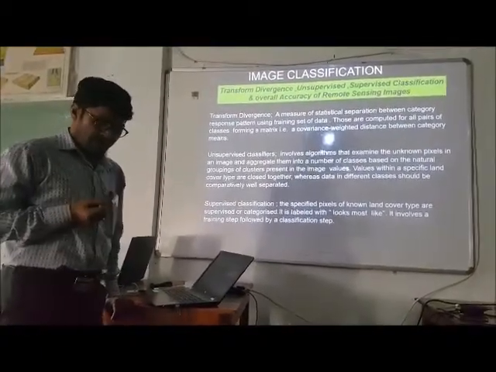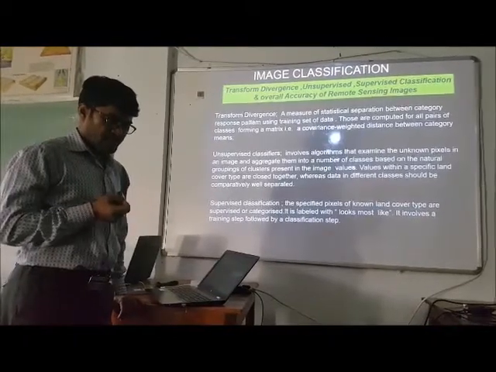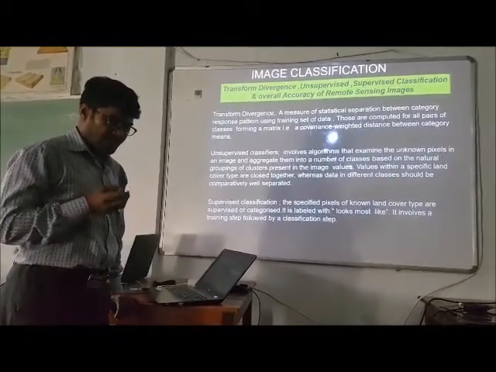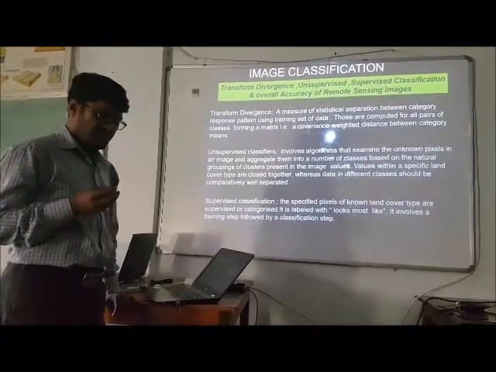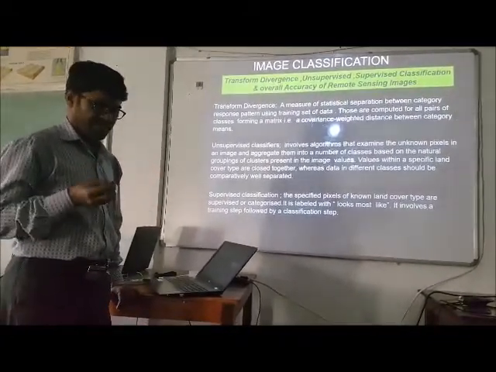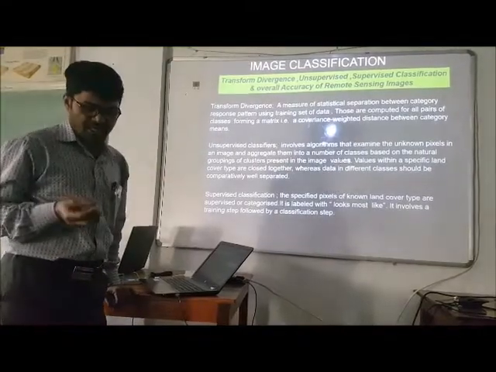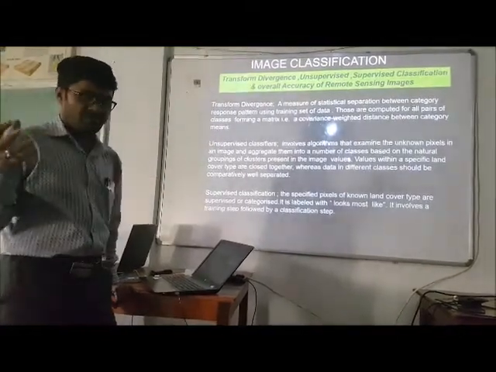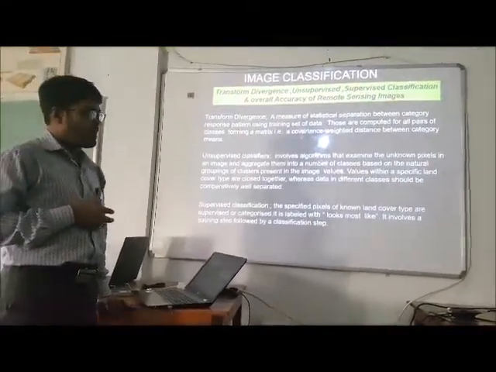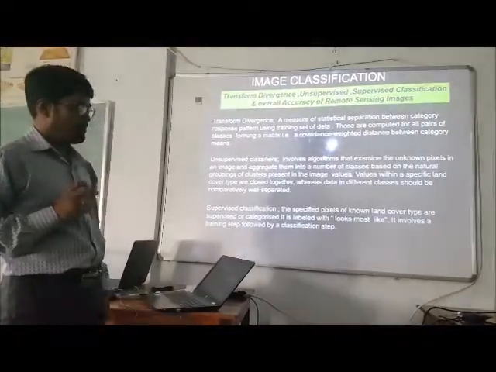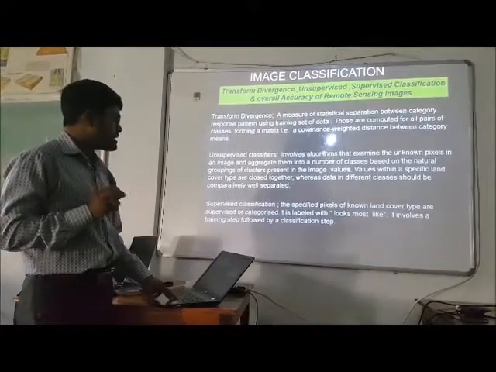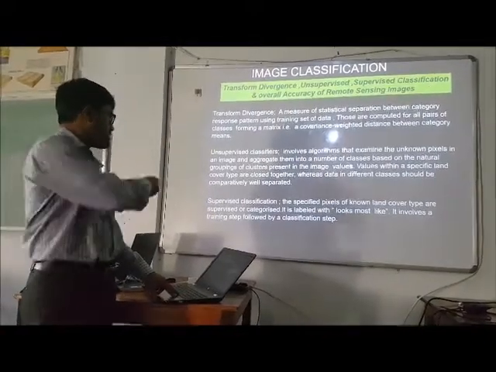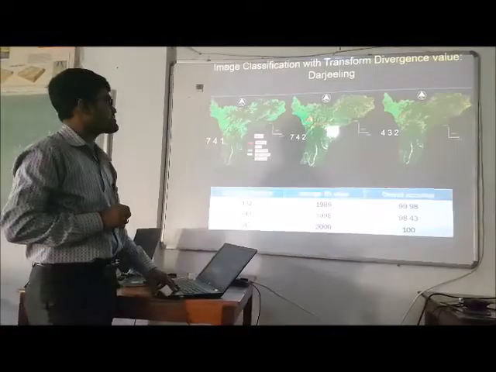Like when a user surveys using GPS or DGPS, the water body, vegetative area, settlement area can be detected very clearly using this supervised classification.